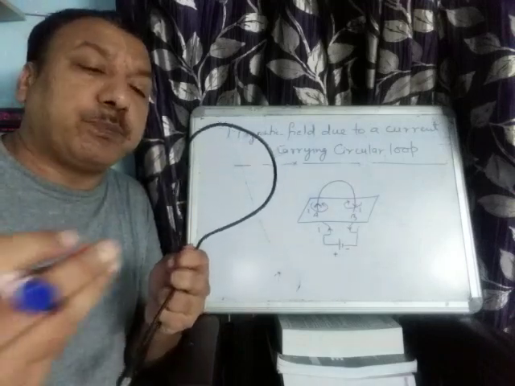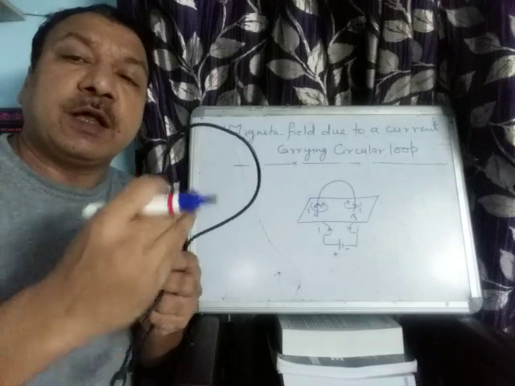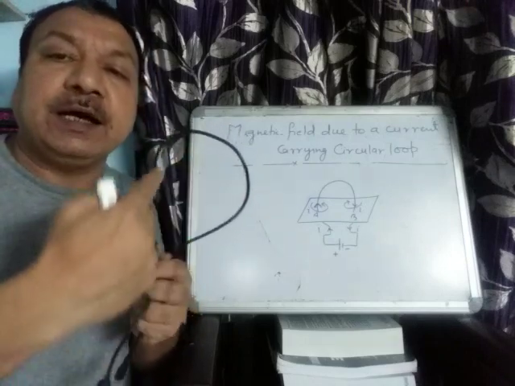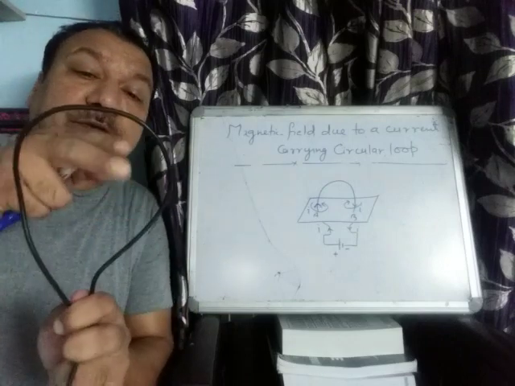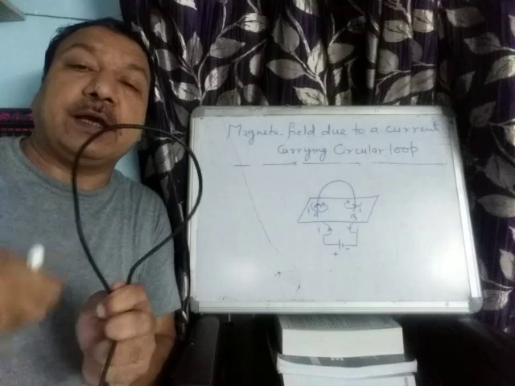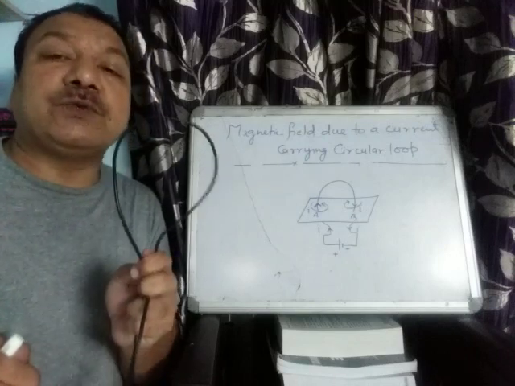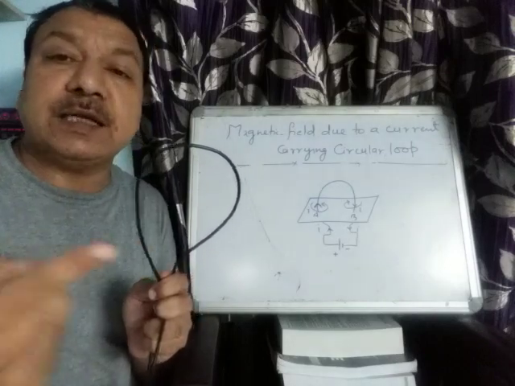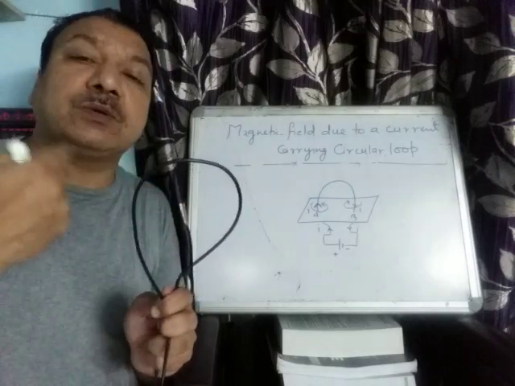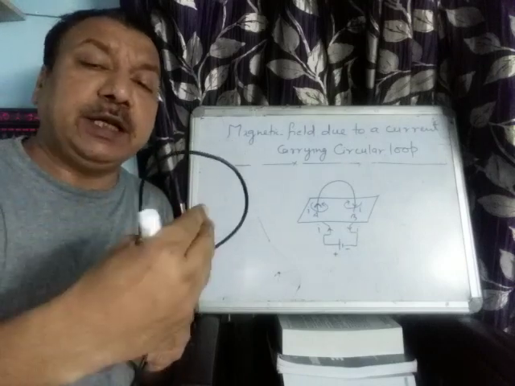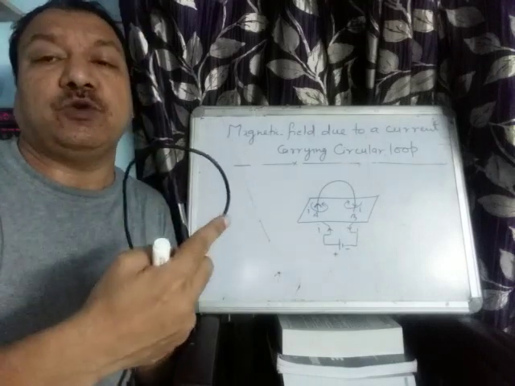So the portion where the magnetic field is entering into the coil behaves like a south pole, and at the back end the magnetic field lines are coming towards me, so it will behave like a north pole, because we know that the magnetic field starts from the north pole and ends at the south pole. So it is coming out, so it will be known as north pole, and it is entering in, so it will be known as south pole.